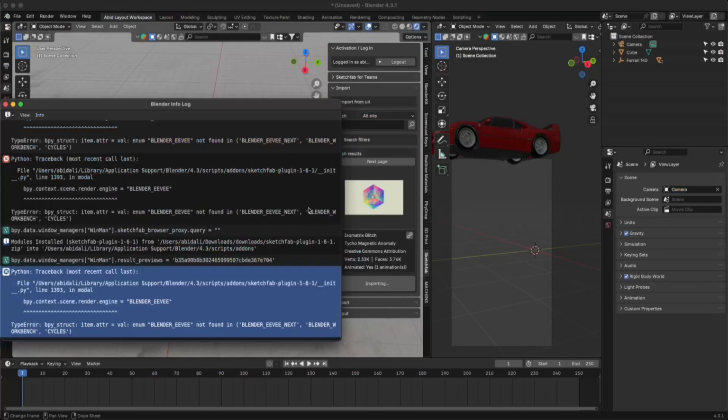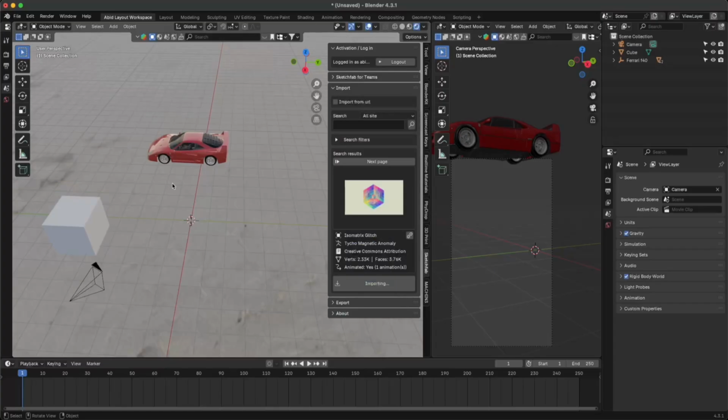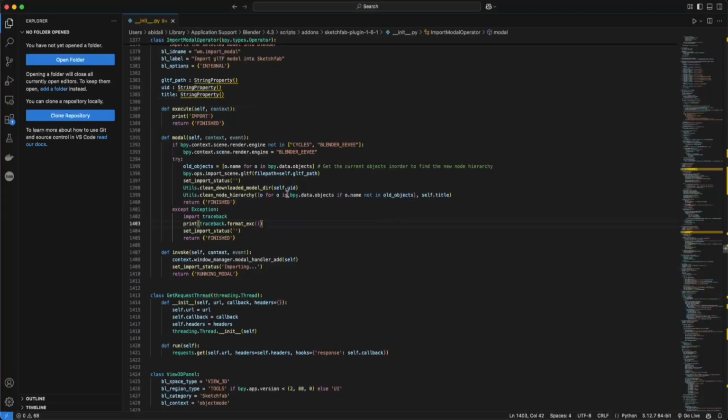On your side, if you are installing this plugin on Windows, then this file probably would be in C colon forward slash, then users, your username and whatever. So you need to open that file. On Mac, the address looks like this. So here is the open file, and on line number 1393